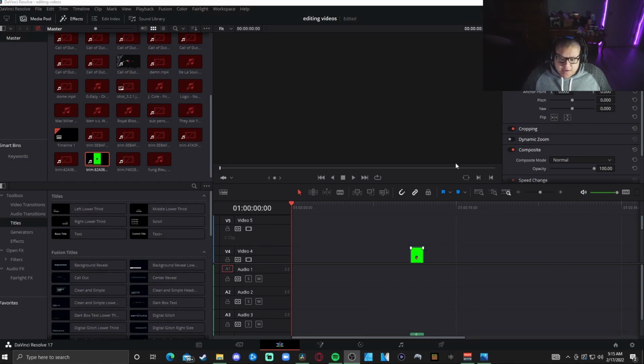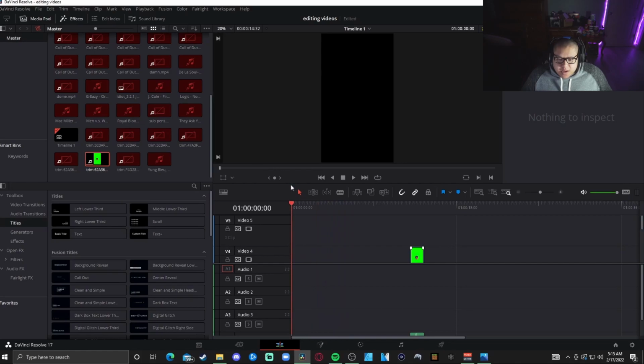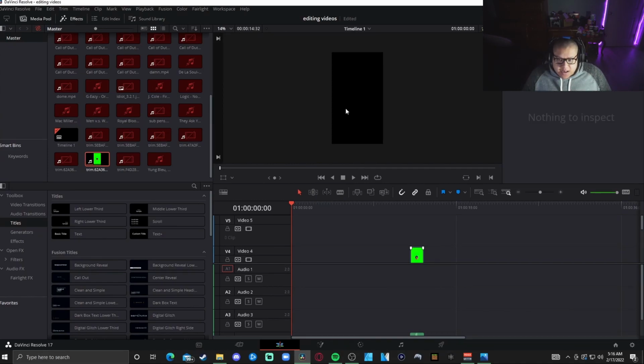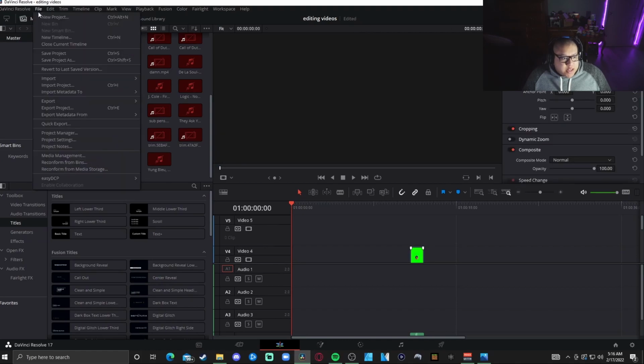So to start things off, obviously, this is the TikTok format, I guess. Now it's not going to look like this when you first make a profile or whatever, when you first go in DaVinci. It just isn't. So to get it to look like that,